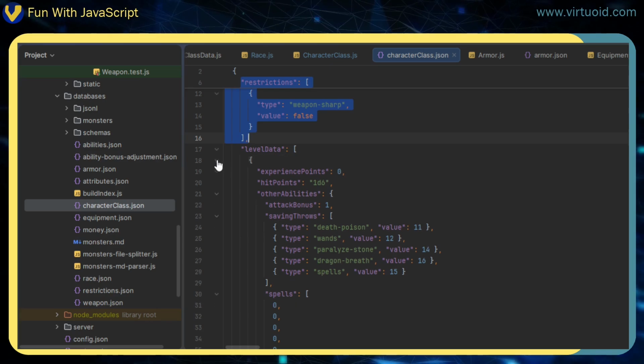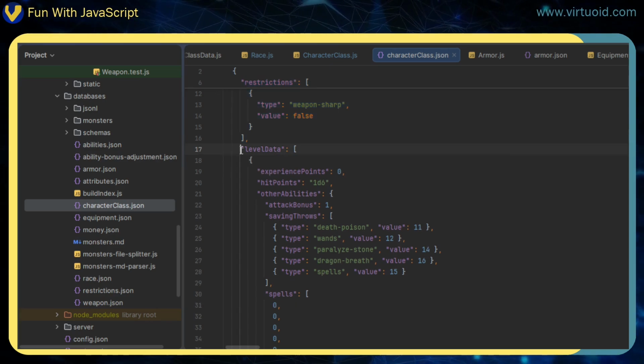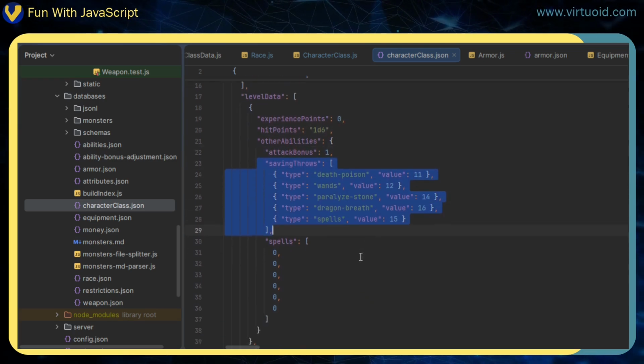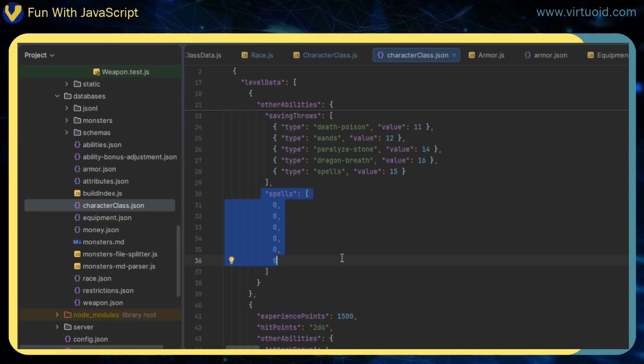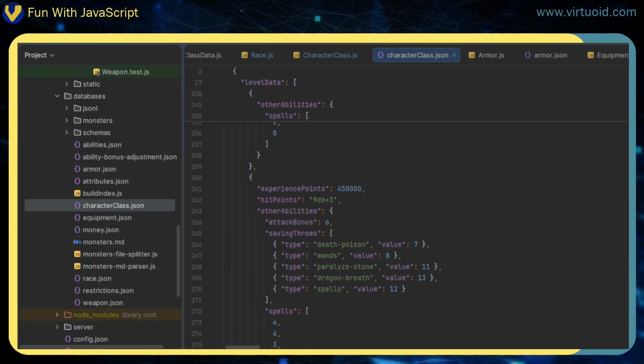It covers level data, and what I mean by level data is that it's got 20 different levels here of how many experience points you have, how many hit points you get for that level, what kind of attack bonus you get for the abilities, what your saving throws are going to be, and what your spells are going to be, in this case a cleric. And each one for the cleric, for the fighter, for the magic user, and all that kind of fun stuff